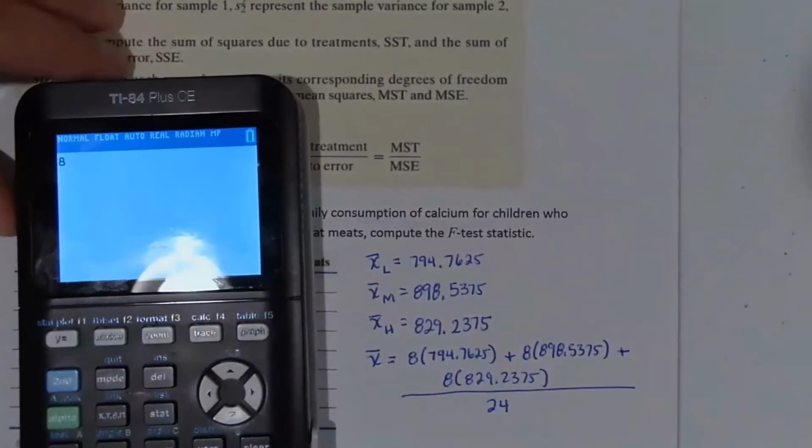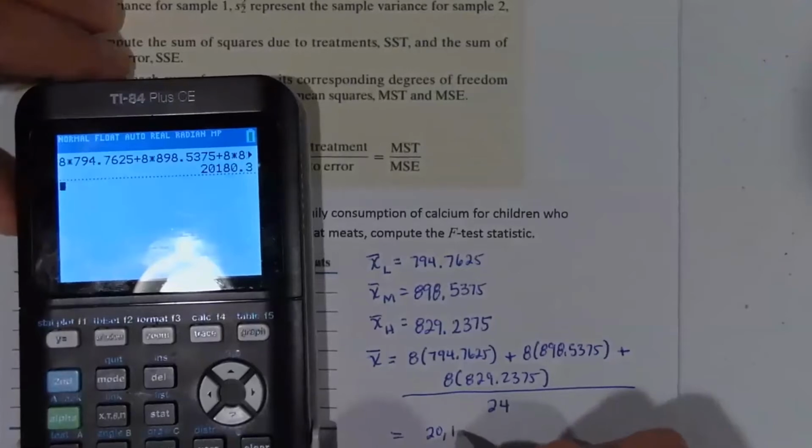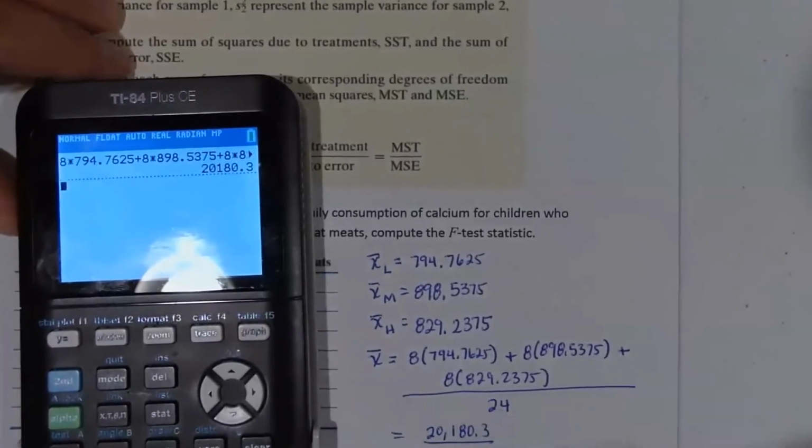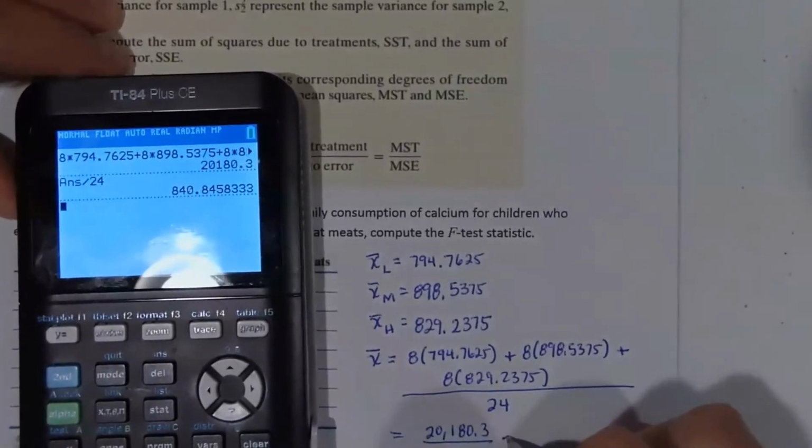So if I take 8 times 794.7625 plus 8 times 898.5375 plus 8 times 829.2375, that is 20,180.3, and that's going to get divided by 24. Divide by 24, so that is